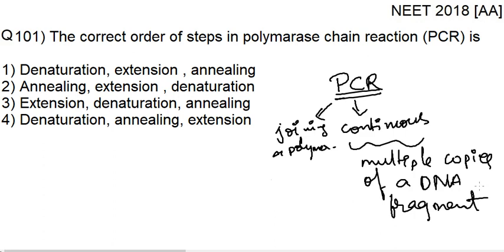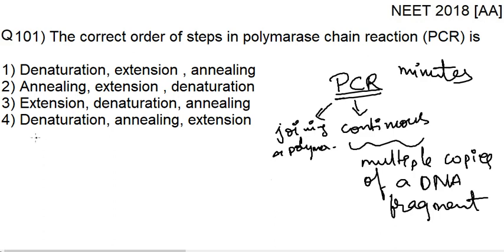But it is a very tedious process, and it also takes a lot of time. But you want these multiple copies of DNA within less time. So we use this technique known as polymerase chain reaction, which makes thousands of copies of the particular sample DNA within minutes. So it takes very little time when compared to the traditional genetic engineering method. Now let's talk about how this happens.